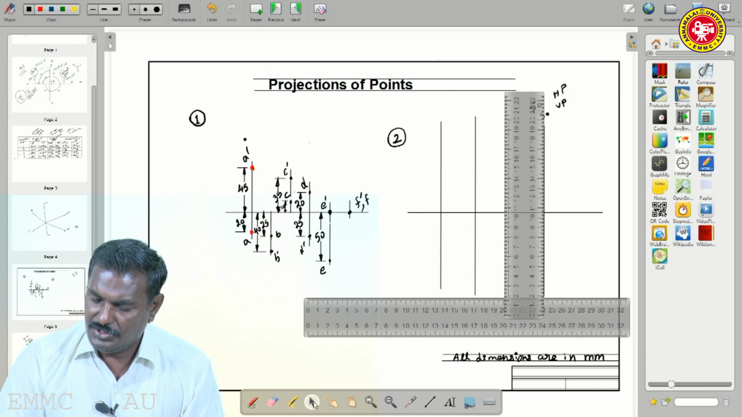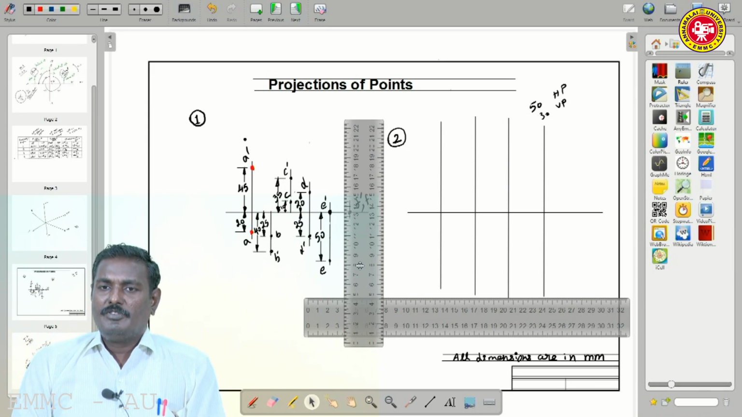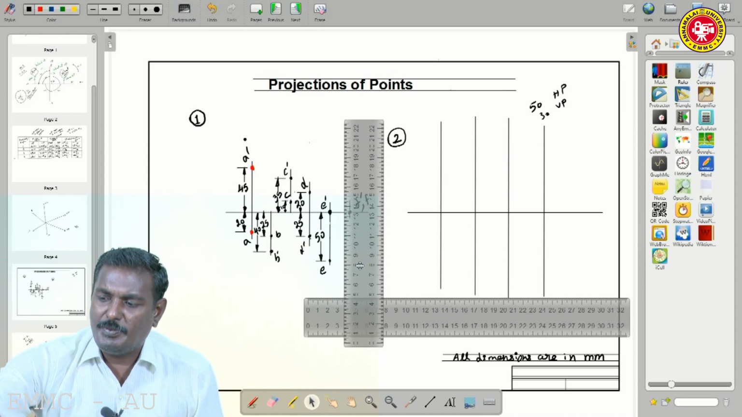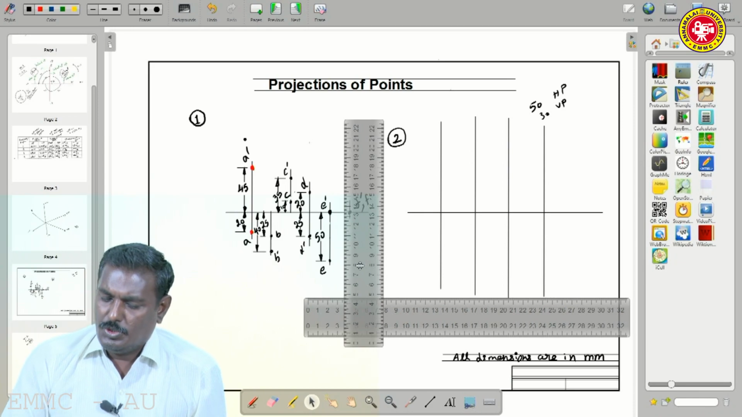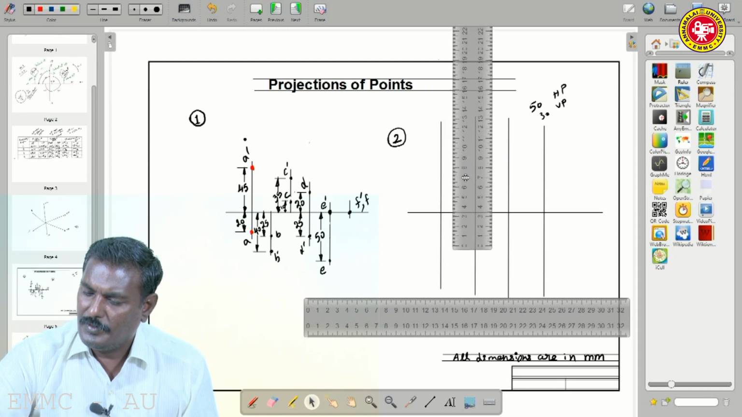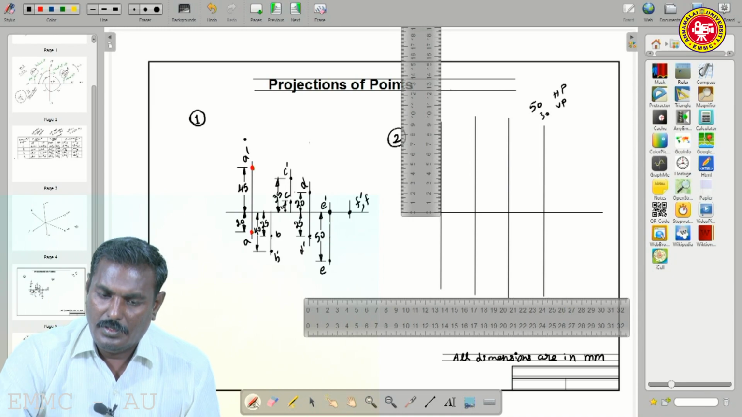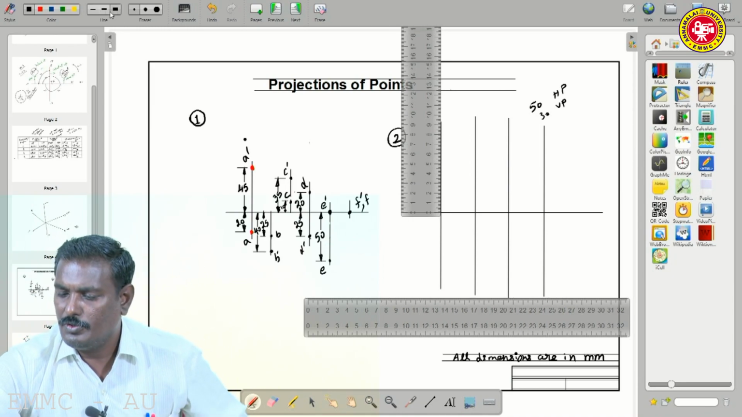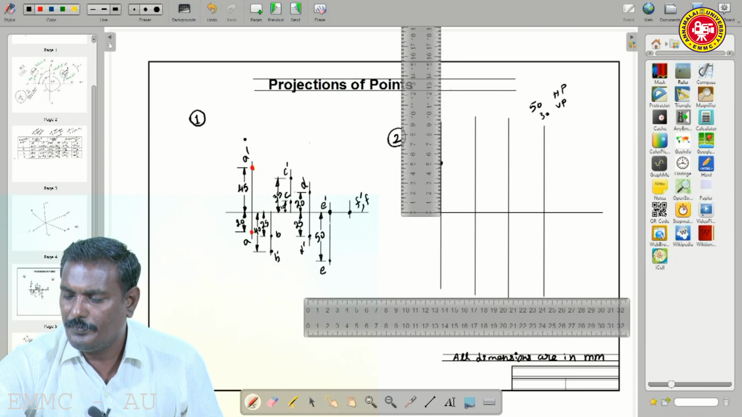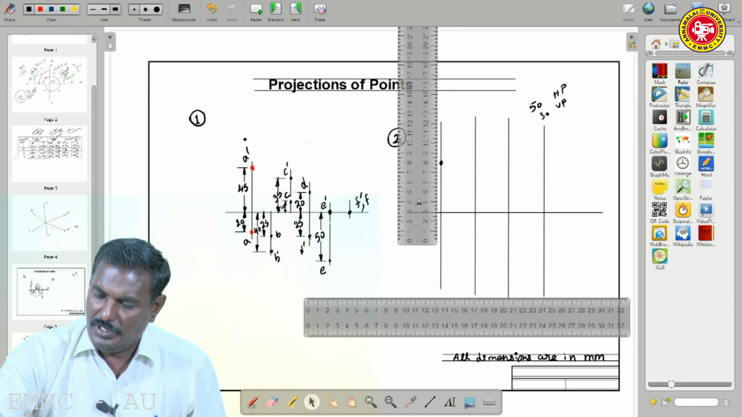So we have to represent, here it is. Now take first position. What about first angle projection? 50 mm above HP, 30 mm in front of VP. So what's the concept of this? 50 mm above HP, so we have to mark here 50 mm above HP. Then 30 mm in front of VP,